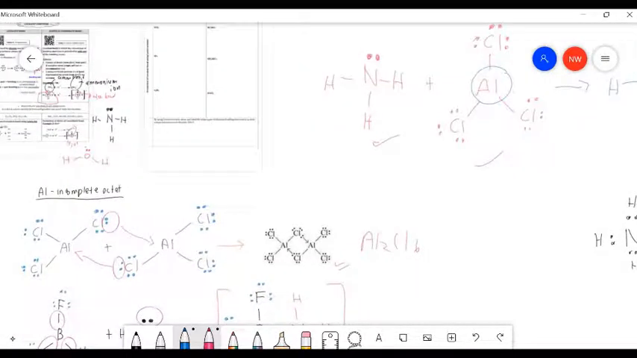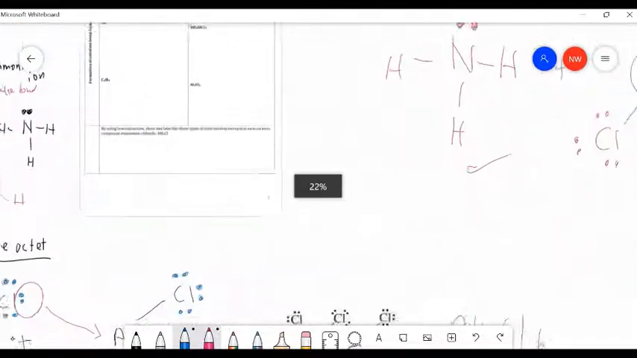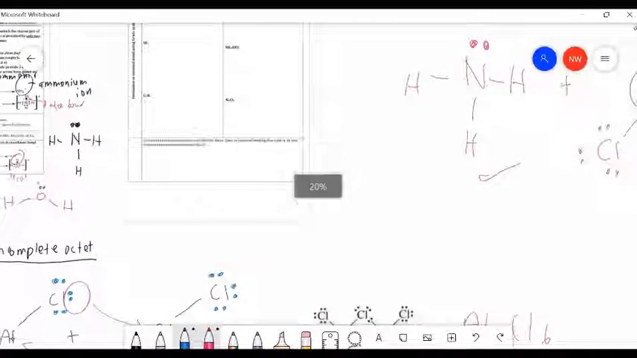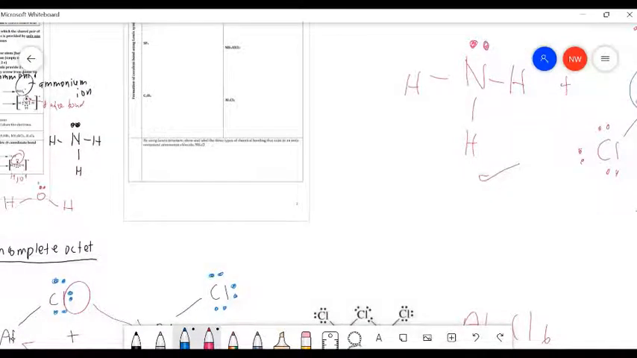Alright, so then the question here states that by using Lewis structure, show and label the 3 types of chemical bonding that exist in an ionic compound of ammonium chloride. 3 types of chemical bonding that exist in ammonium chloride. So we know that ammonium chloride is a reaction between ammonia